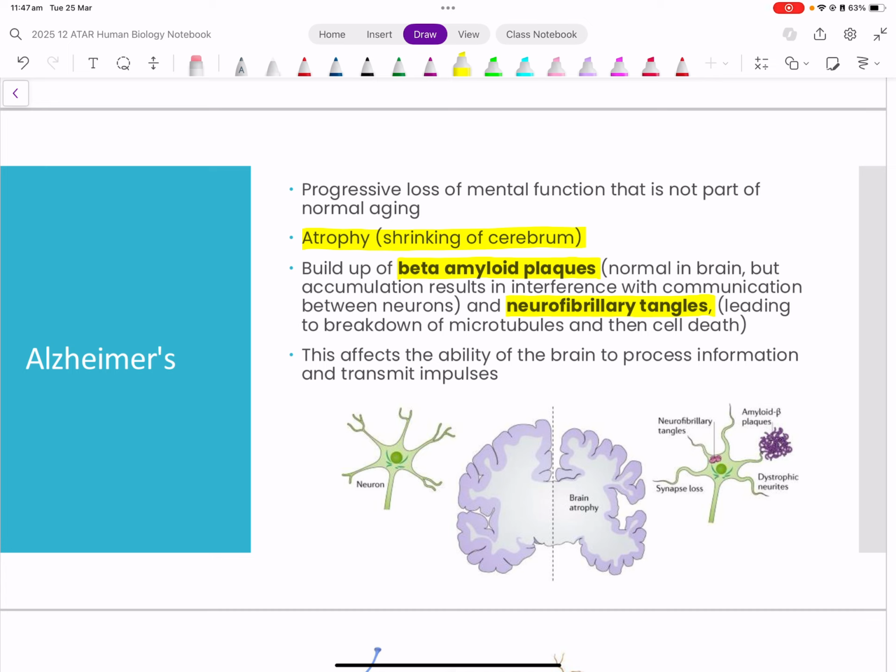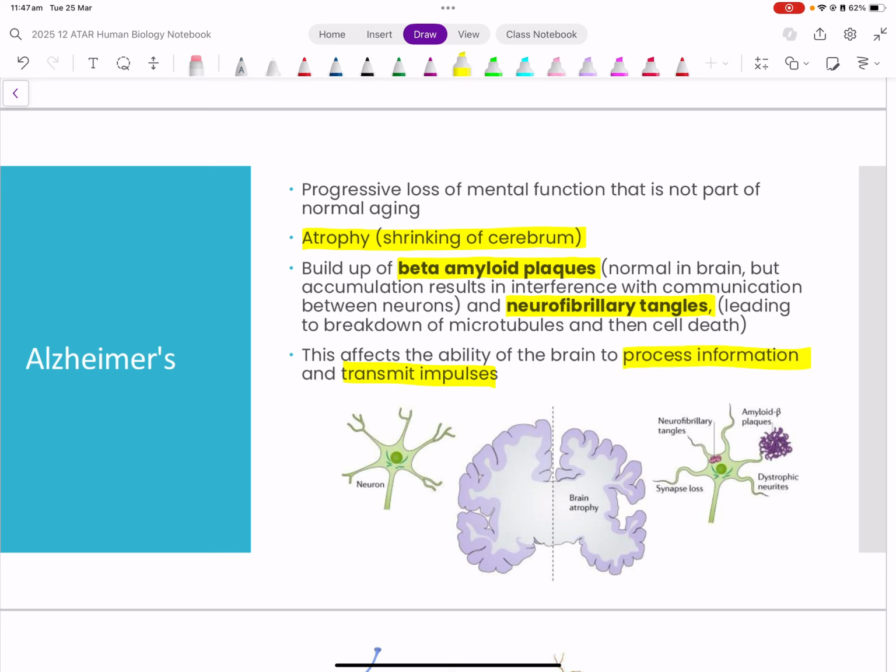So when these neurofibrillary tangles build up, it leads to the breakdown of microtubules. It's then going to affect neurons' access to nutrients and other important materials. And so if the neuron's not getting all the stuff that it needs, we can largely say that the ability of the brain to send and transmit impulses is going to be impaired and affected,